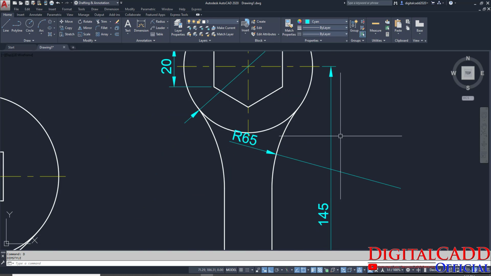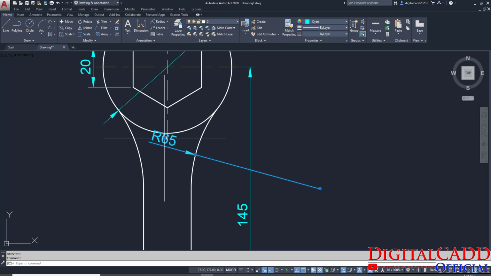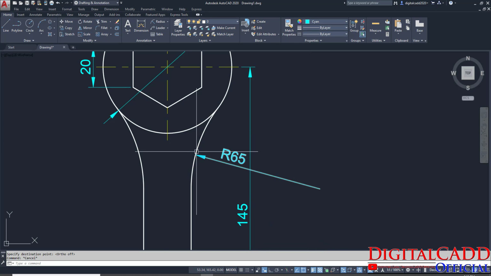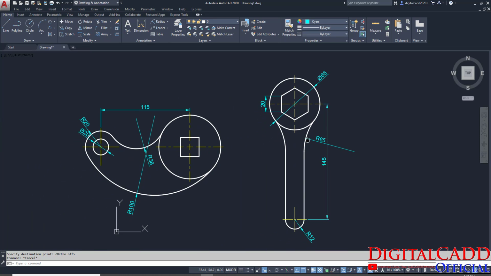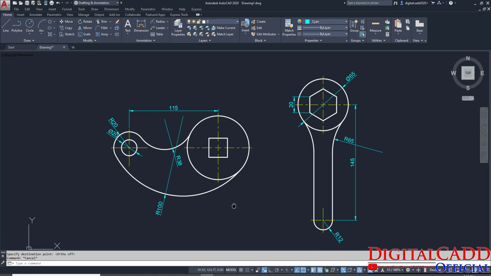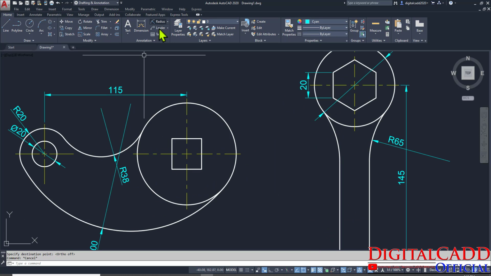Yeah, this is okay, and we are going to move this one to move, select, move text only, make this ortho mode off and place it here. Okay, and here you can see everything is okay. So that's all for today's session, and